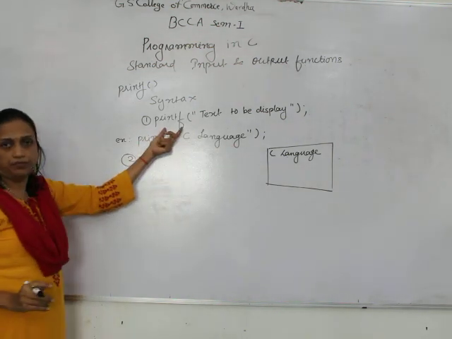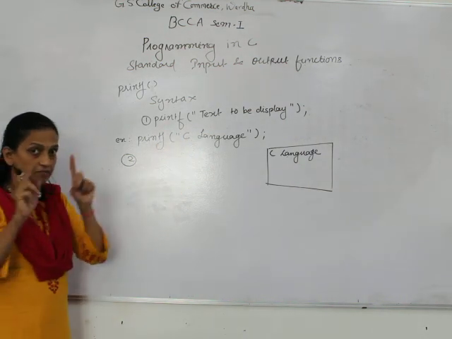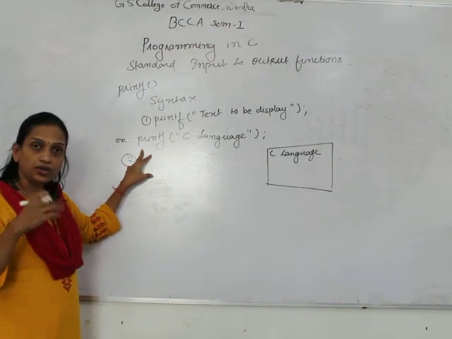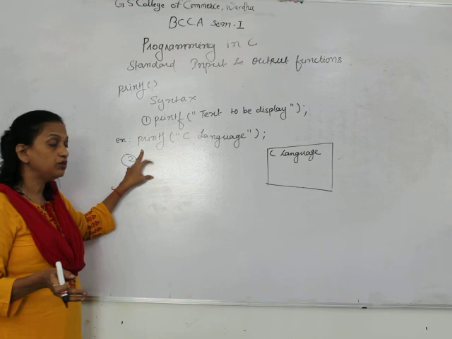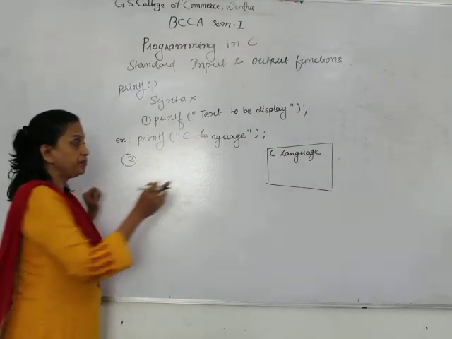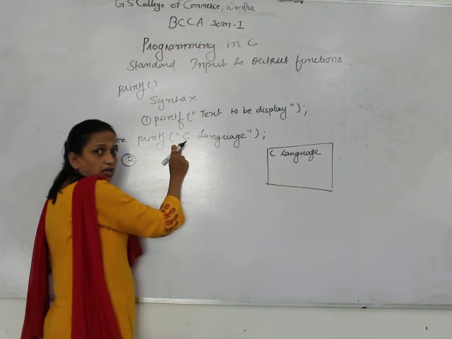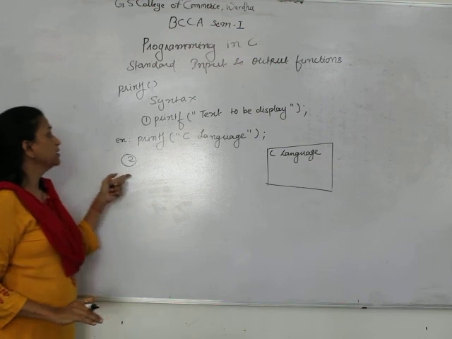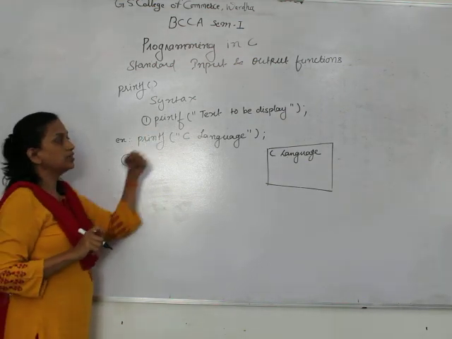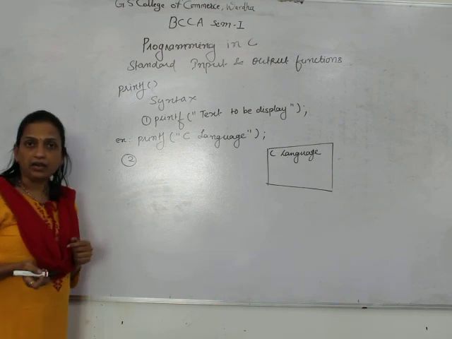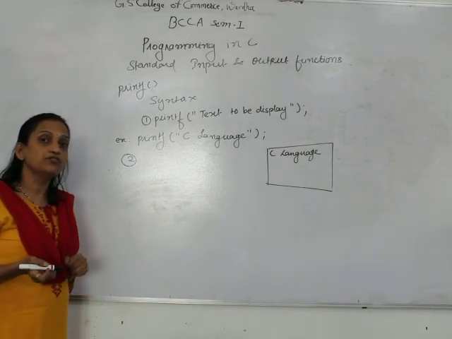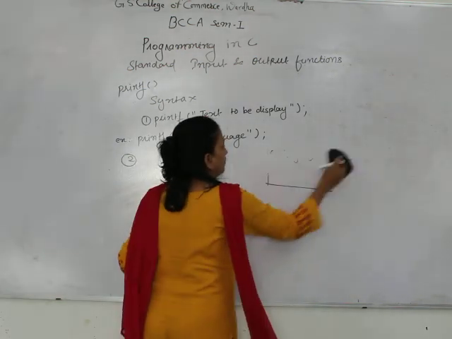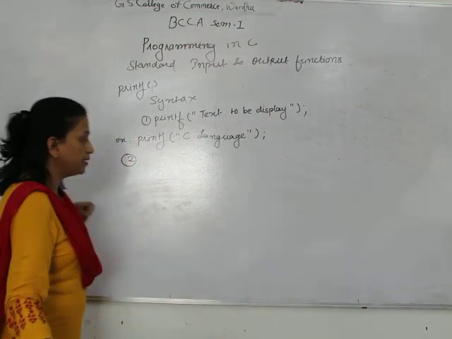If you want to print any message or text, that message must be enclosed within double quotation marks, and when you run the program, whatever you have given between the double quotation marks will be printed as it is on the screen. The second use, where printf can be used to display the value of a variable on the screen. Let us discuss the syntax for that purpose.